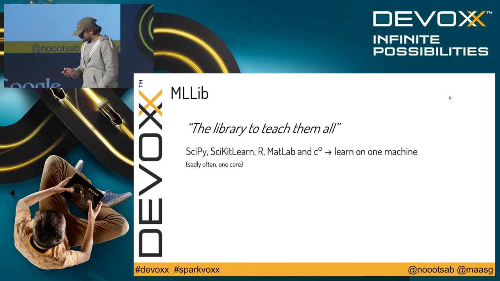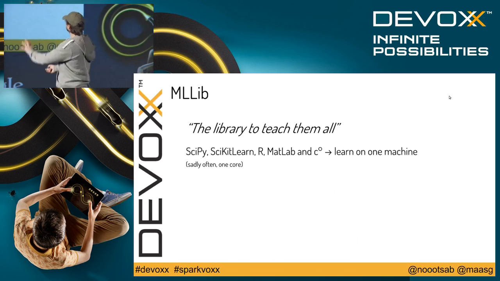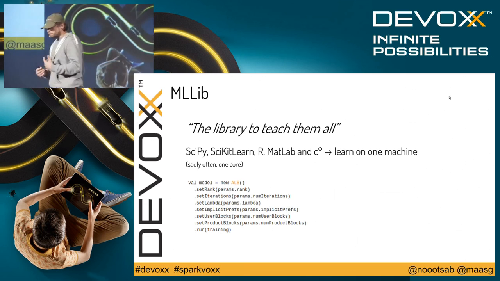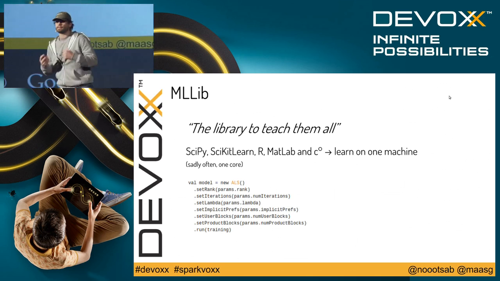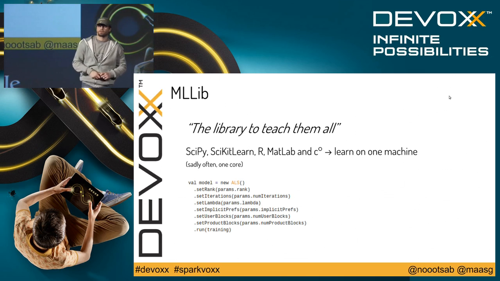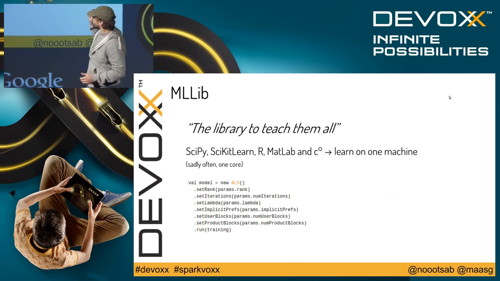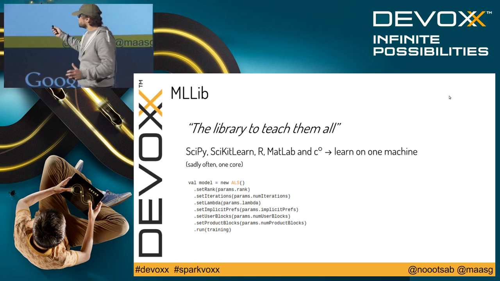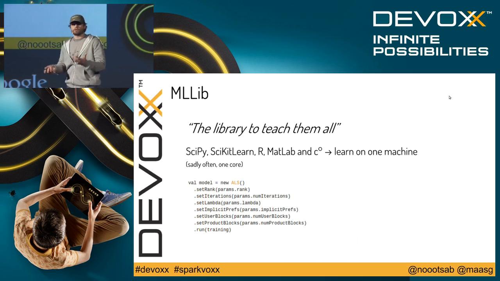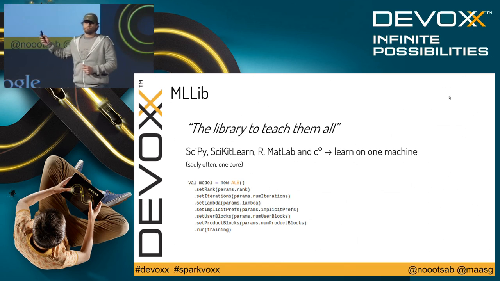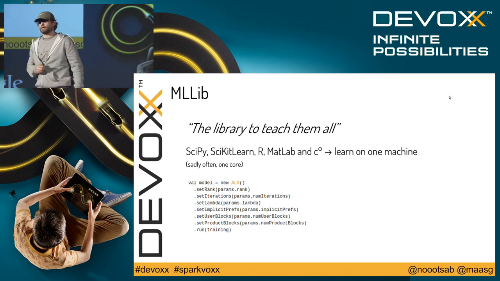So what could we do with this? Yeah. So we can simply call the algorithms and pass some RDDs to them. So ALS is for recommendations, alternating least squares. What you do is create the object, set all the tuning parameters you want to apply, and then run the algorithm. Let's say you train the model using a training set. And actually, the training set is nothing more than an RDD of data.